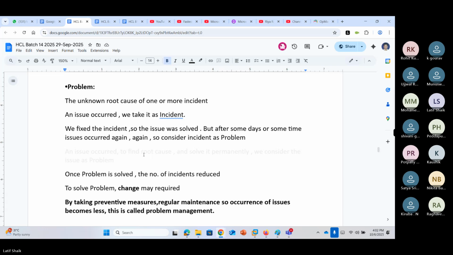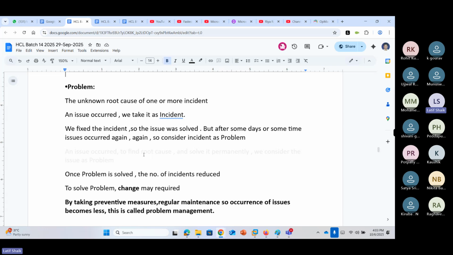Part two. What is part two of problem management? Before the occurrence of any incident, what to do? Okay, we have a monitoring system, right? We have a lot of logs of our infrastructure.